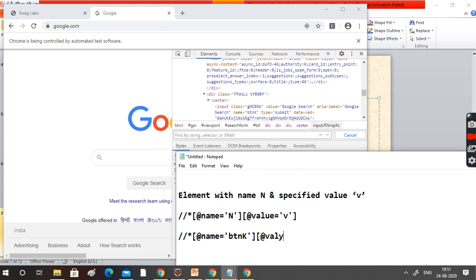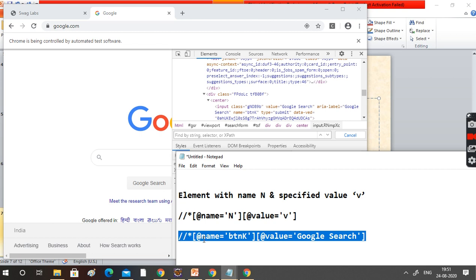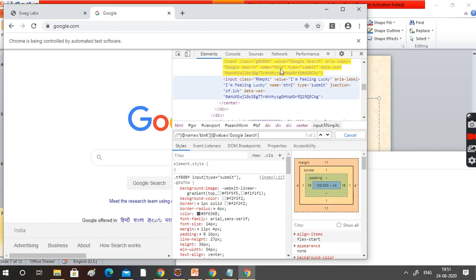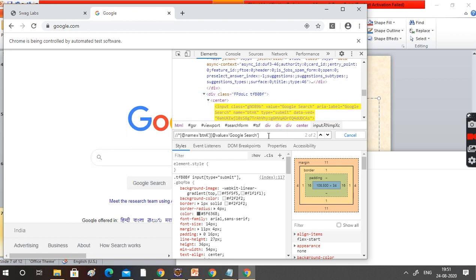Value is Google search. Right? Now let's go and try to see here. Again, it is matching two things, right? So which one is ours? Ours is the second one. Put the index.